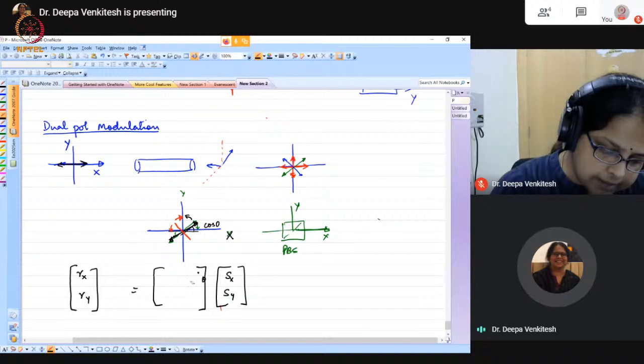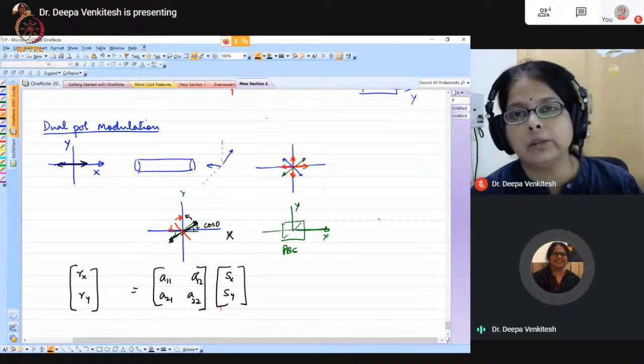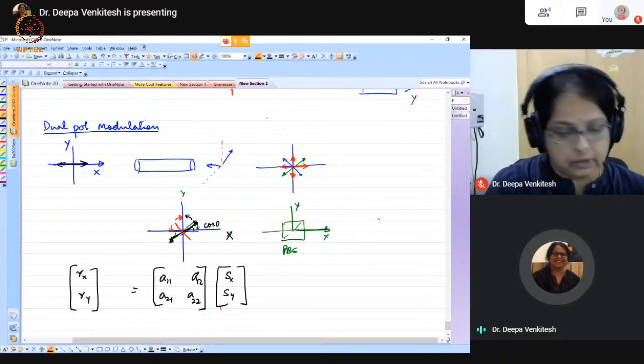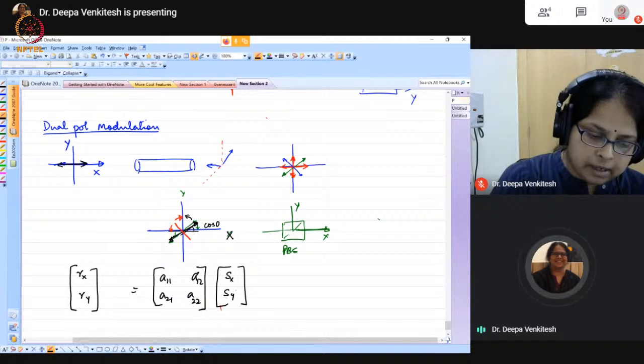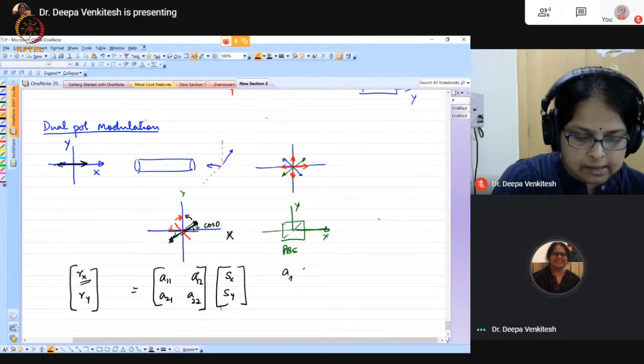Let's not put it as cos theta sin theta. Let's just look at it as, let's say, A11, A12, A21, A22. Later in the course, we are talking about this transformation in detail, and how to actually derotate. So what will end up happening is, along the x direction, you actually get A11 Sx plus A22